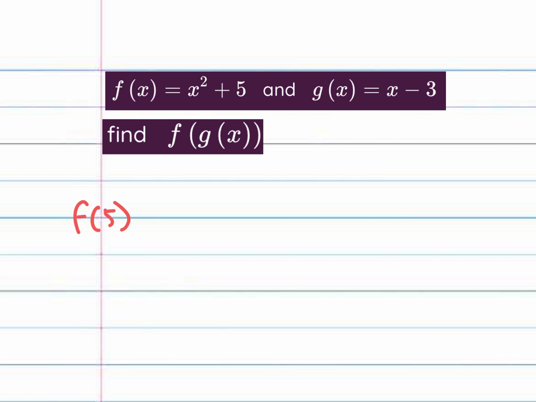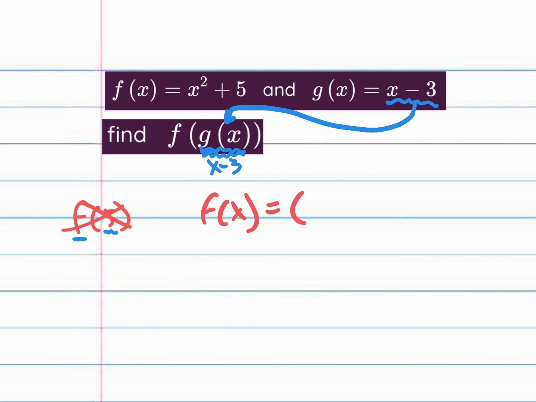So the question is, what is g of x? g of x is x minus 3. So in reality, the x minus 3 is going to get plugged into the f, right? Just the way we plugged 5 into the f, we're going to take the g of x function, the x minus 3, and plug it into the f. So what is our f of x function? Let's scratch that out. f of x is x squared